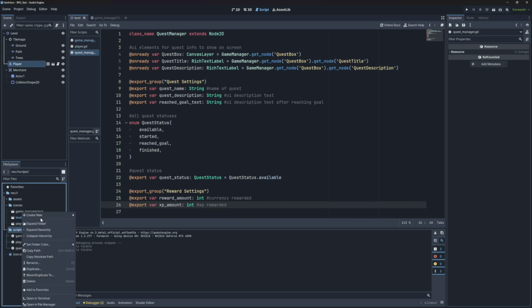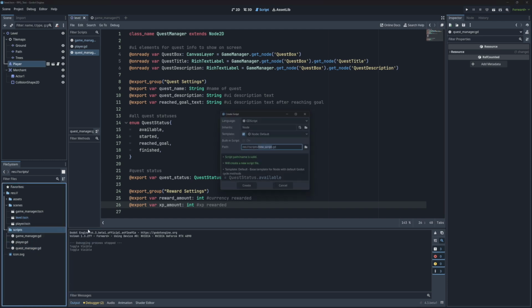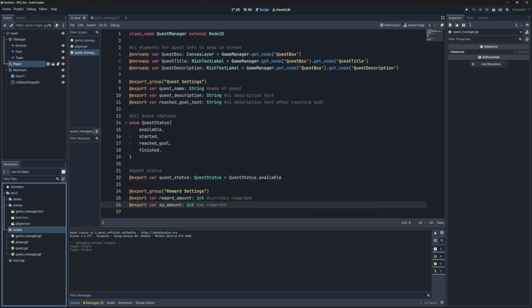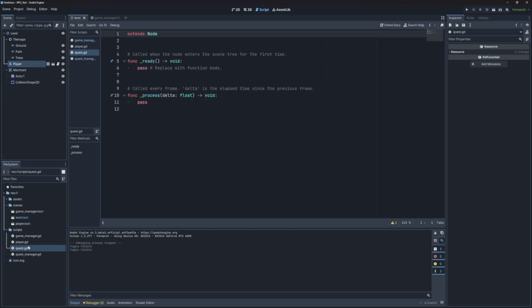We'll call this one Quest. While this is a generic tutorial, for your game you might want to create multiple scripts instead to define your different types of quests. For instance, you might have a search quest where the player has to find something, or a kill quest where they have to hunt a certain number of enemies. Let's set up the most basic type of quest here, where the user has to find an object and return